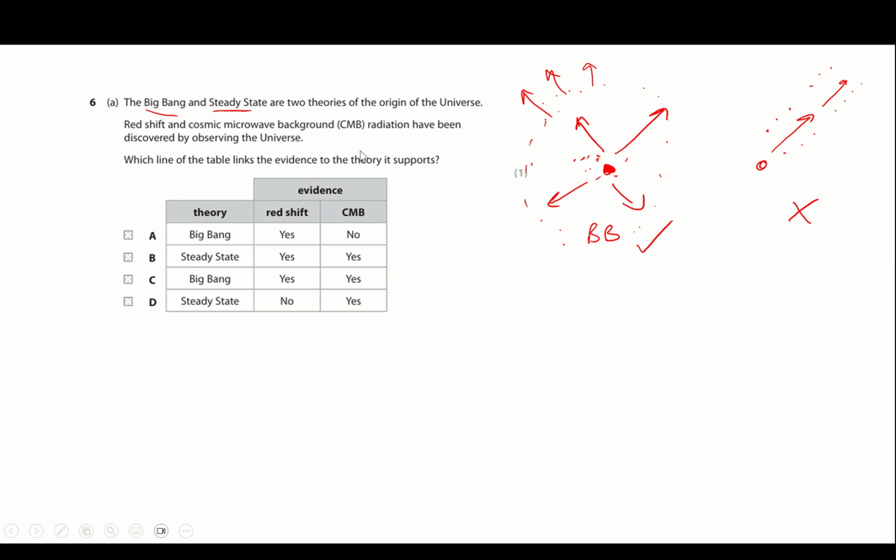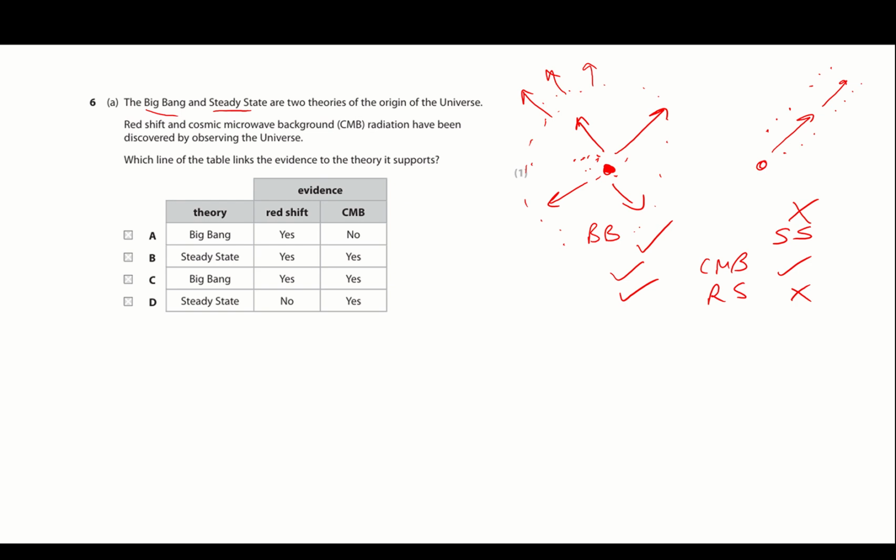Which line links the evidence? So we need something that links redshift and cosmic background radiation. So if I just put steady state there, both of them have CMB as their theories. Big Bang is the one that uses redshift, steady state does not. So we're after one that says